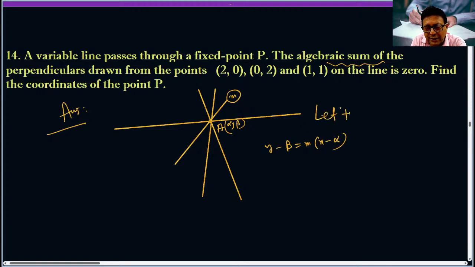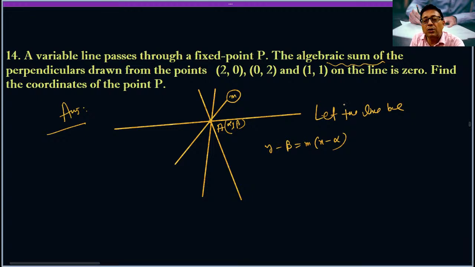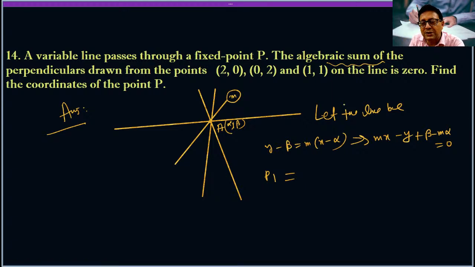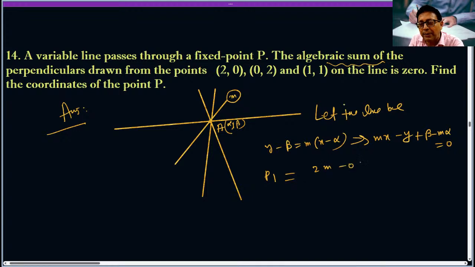Let the line be y minus beta equal to m into x minus alpha. Now, the distance of this from here, P1, is what? You simplify it: mx minus y, isn't it? P1 is what? Use the perpendicular distance formula. Distance from (2, 0) to the line m